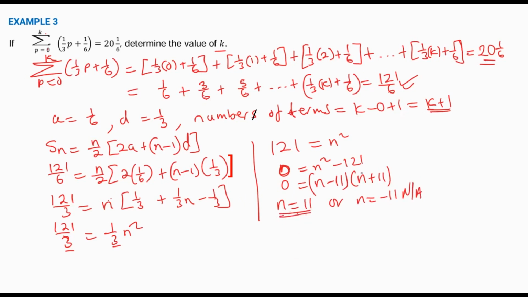But now we're finding k, and the number of terms is k plus 1, meaning that k plus 1 is equal to 11. So it becomes k plus 1 is equal to 11, and then solve for k. K is equal to 11 minus 1, which is 10. So don't forget to